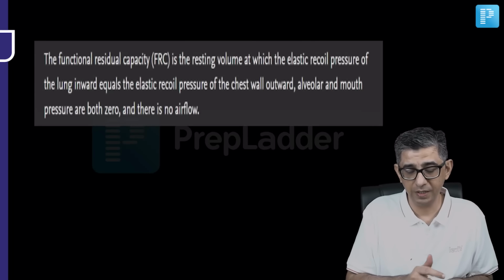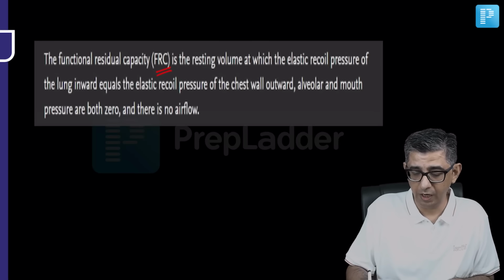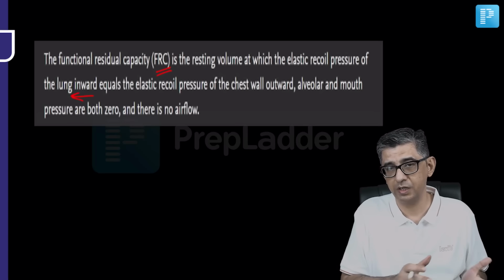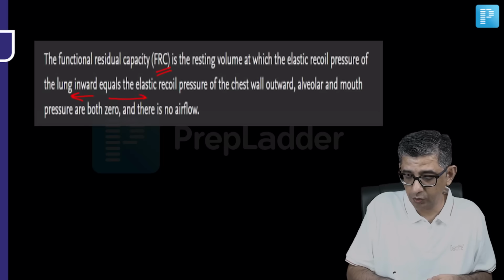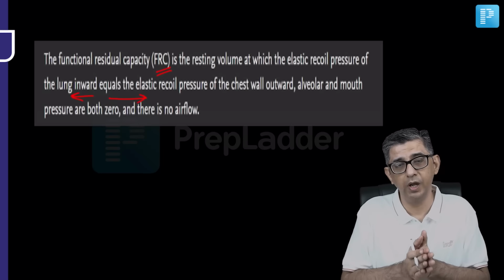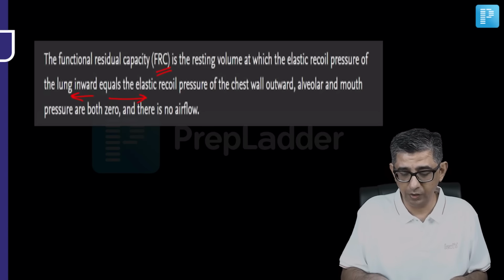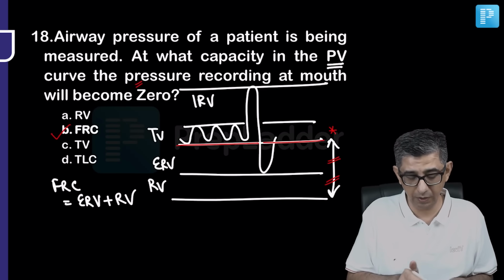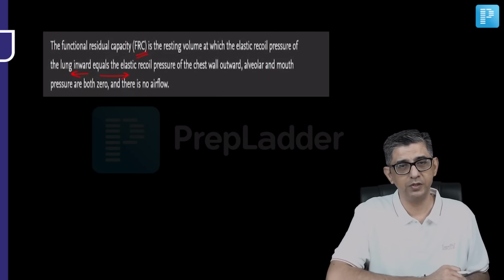In fact, this is what physiology says, that functional residual capacity is the volume at which the elastic recoil of the lung, because every time we breathe out there's an elastic recoil of the lung, the inward recoil of the lung balances the elastic recoil of the chest wall in an outward direction. So there's an inward pull, there's an outward pull, and the balancing of the two occurs at functional residual capacity. The correct answer for question number 18 is already highlighted, that is option B. I've tried two ways to explain this to you, though you can listen to the physiologist about it